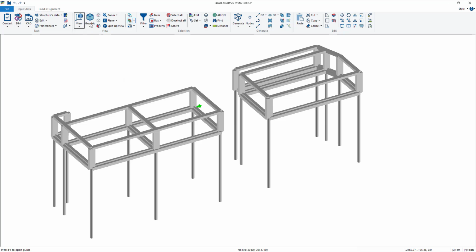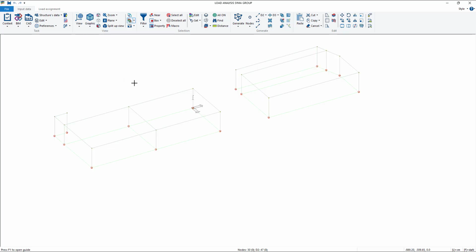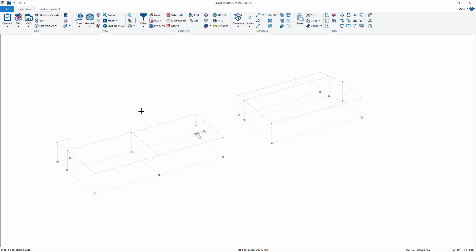Okay, now to work, I prefer to set the wireframe view. And okay, let's suppose that this wall here is underground. I can do something like that.